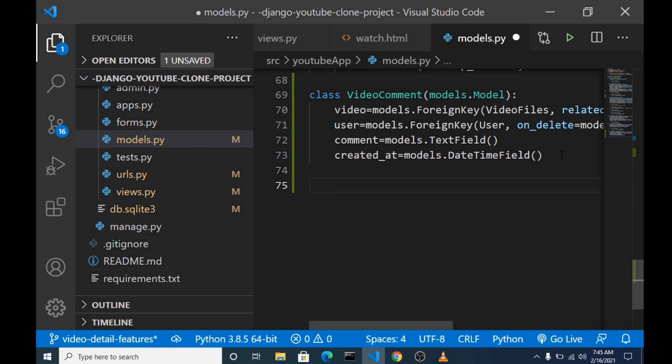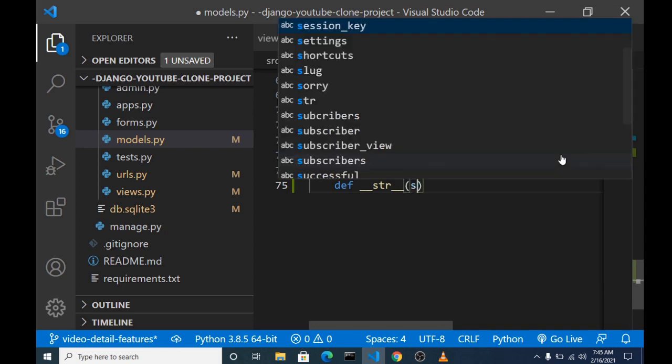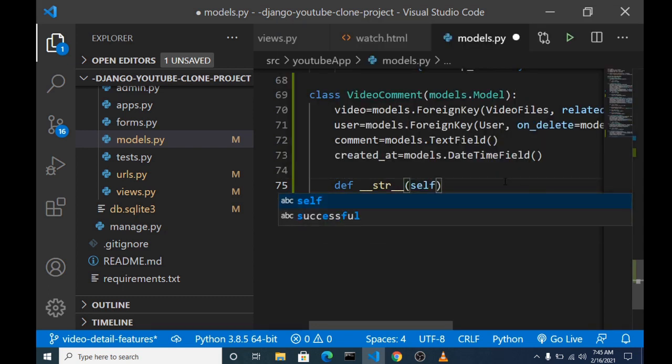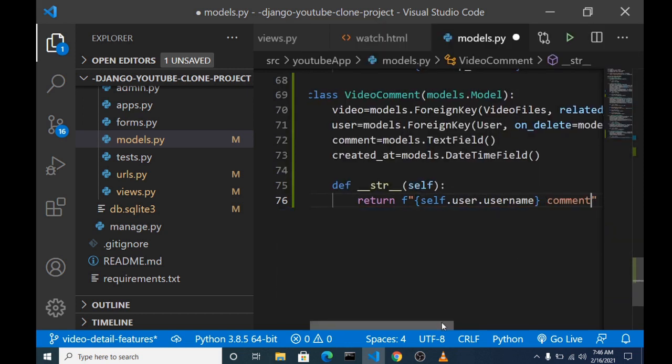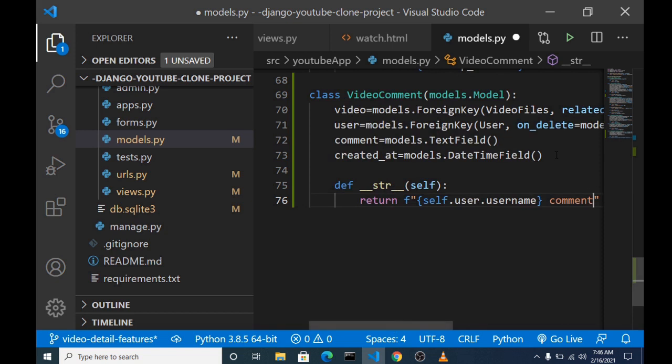So we just create a method and also we're going to return the user. Alright, so that's for that, and then if there's any other method we'll come back to it later.